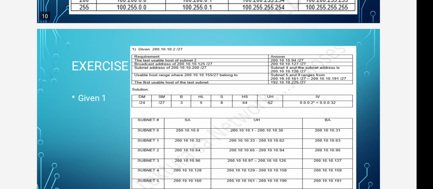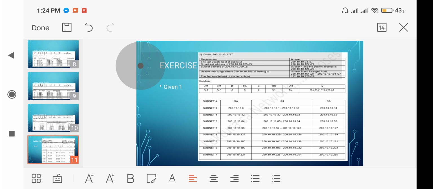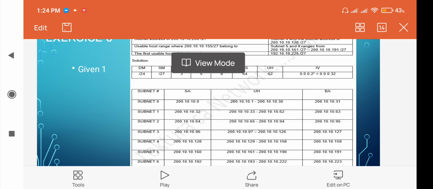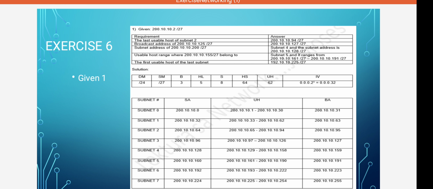Tara na sa exercise 6. Sa exercise 6, may given tayo. Given is 200.10.10.2-27. This is a class C, right? Kasi ang range ng class C is 192 hanggang 223. Tama. So, in the solution, we have default mask of 24, subnet mask of 27, borrowed bits 3,